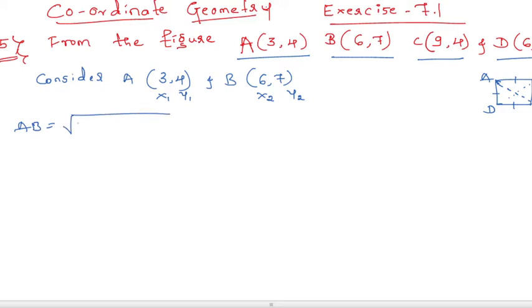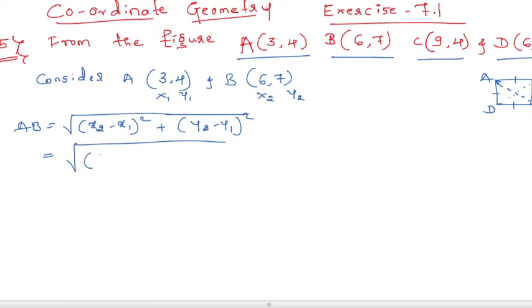By the formula, square root of (x2 minus x1) whole square plus (y2 minus y1) whole square, which is equal to square root of (6 minus 3) square plus (7 minus 4) square, which is equal to square root of 3 square plus 3 square,